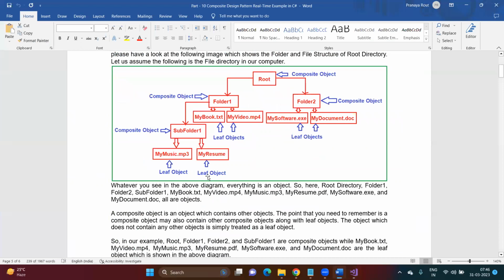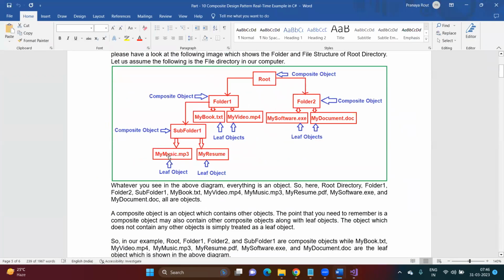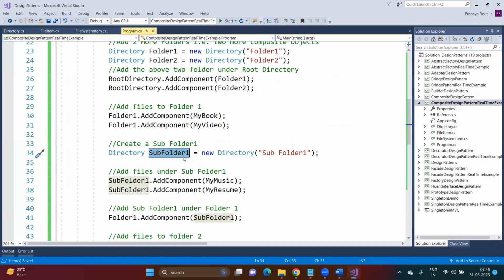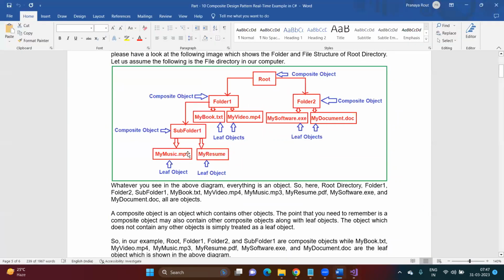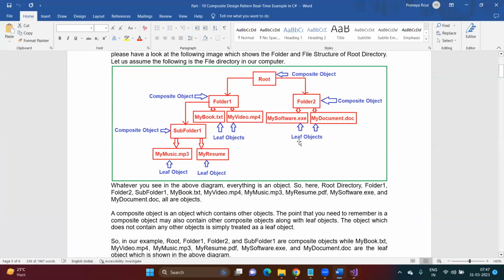And then I need to add this subfolder. So I'm creating subfolder 1. Inside subfolder 1, I'm adding 2 elements, my music and my resume. Once these things are done, this subfolder will also be part of this folder 1 directory. So inside folder 1, I'm adding this subfolder element. Then what I'm going to do,